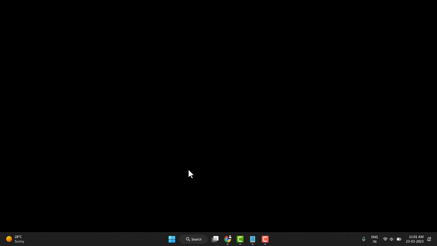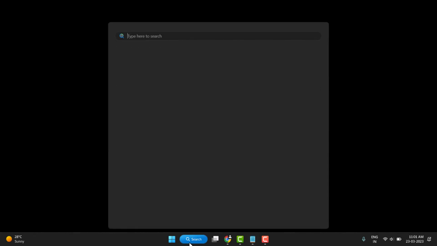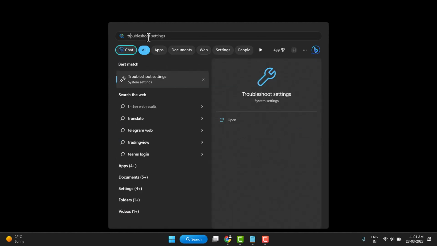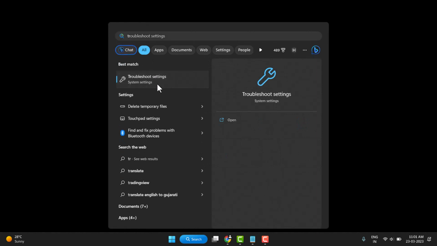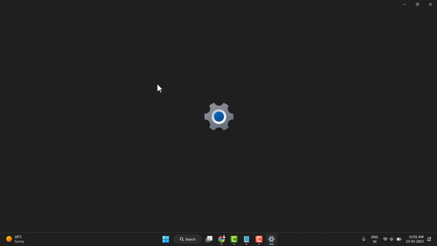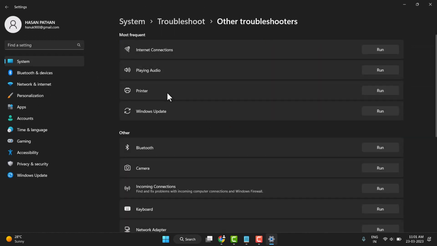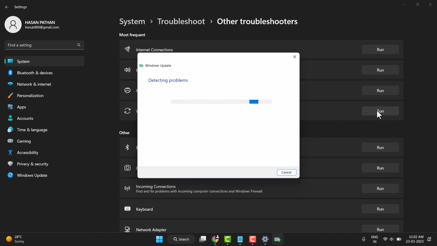So first you need to search troubleshoot settings and open it. And other troubleshoots, just click on it. And here you see this Windows update, click on run and wait some minutes till this process will be complete. This is detecting programs. If this process will be complete, so you need to close it